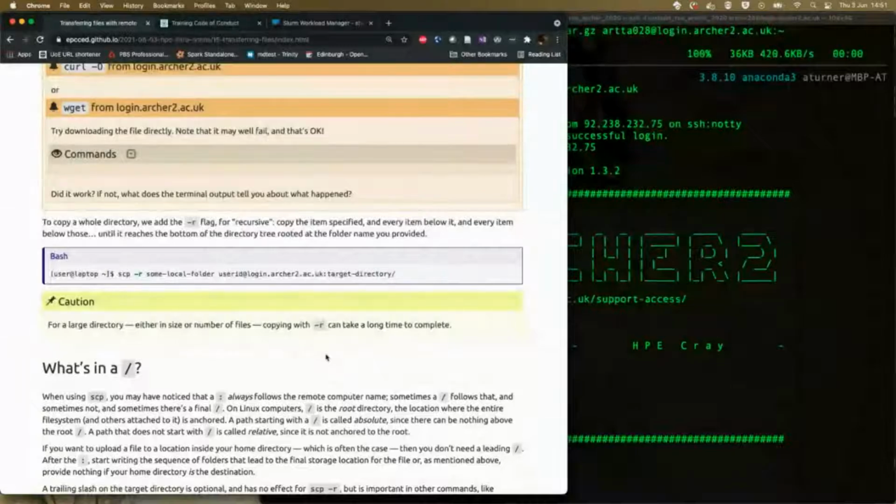Fine. So the only other thing to note is you can transfer directories as well, recursively. You may have met yesterday the cp command, and you supply the -r flag to cp. That allows you to copy across entire directories and preserve the directory. You can also do that with scp with -r, but generally it's not recommended unless you've only got very small amounts of data in the directory or a very small number of files, because each file transfer